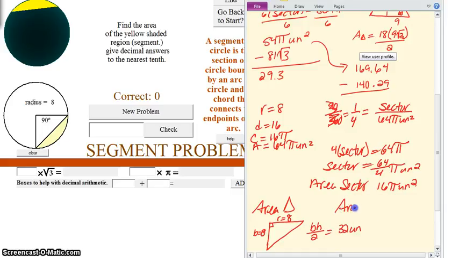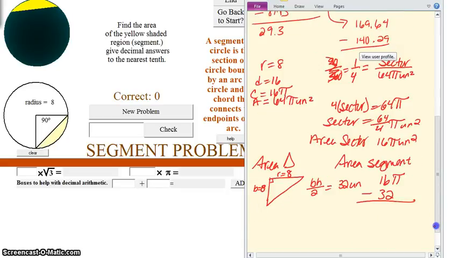So the area of the little piece left over, the segment, when we take the area of the sector and subtract the area of the triangle, gives us 16 pi minus 32, 18.26